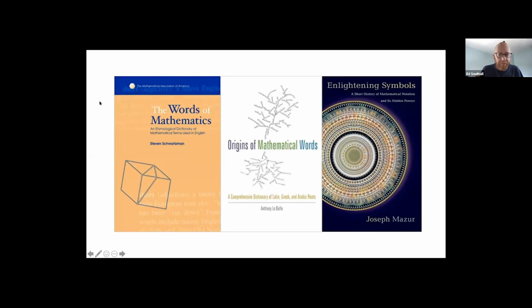We've got 3 books here. The first one's called The Words of Mathematics, and that's available from the MAA. You can only get it as a PDF now, unless you're quite lucky on eBay or something. I think that was written in 92 or 93, so it's quite old now. But it's a great book, really nicely written, and really, really informative. And I've picked a few things out of there that I've really liked.